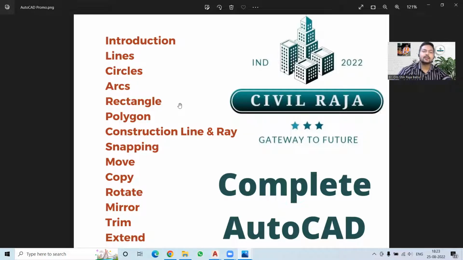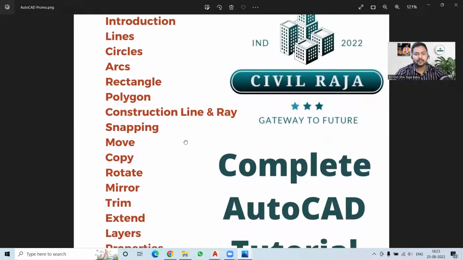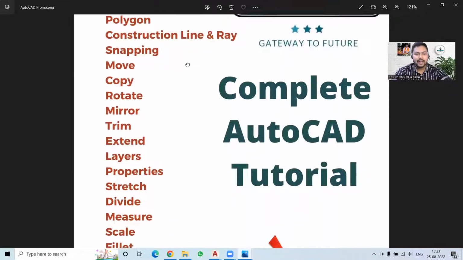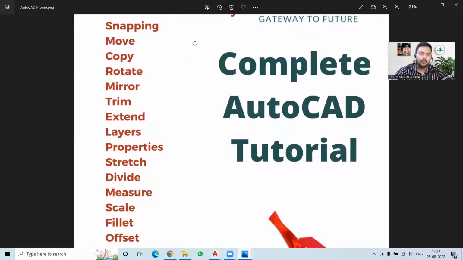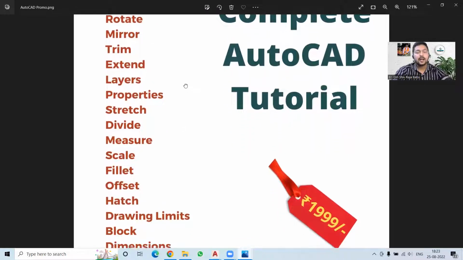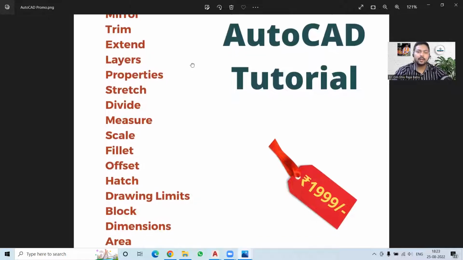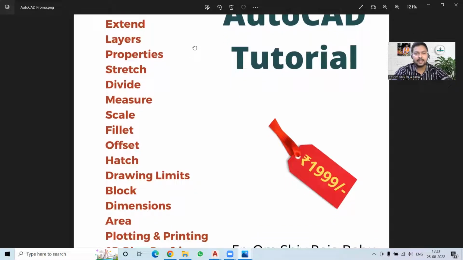Each and every tool that is required by a civil engineer has been discussed over here, along with the construction lines and the rays, then how to do the snapping, then how to just move a particular object without interfering with the other objects over there, then how to mirror it, trim it, extend it, how the layer works, and what are the different properties that we can change for any particular object or a line that we are